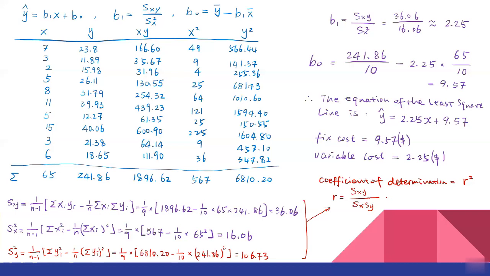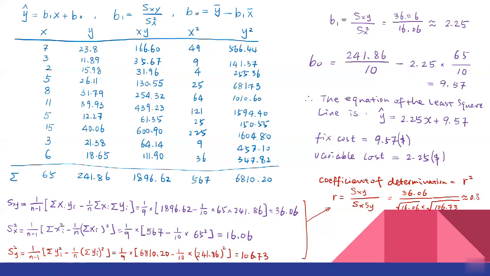Okay, first let's calculate R. R is 36.06 over the square root of 16.06 and then the square root of 106.73. Okay, then the coefficient of correlation is